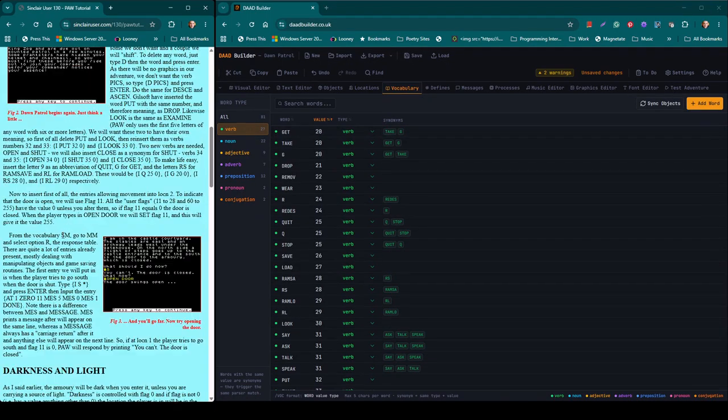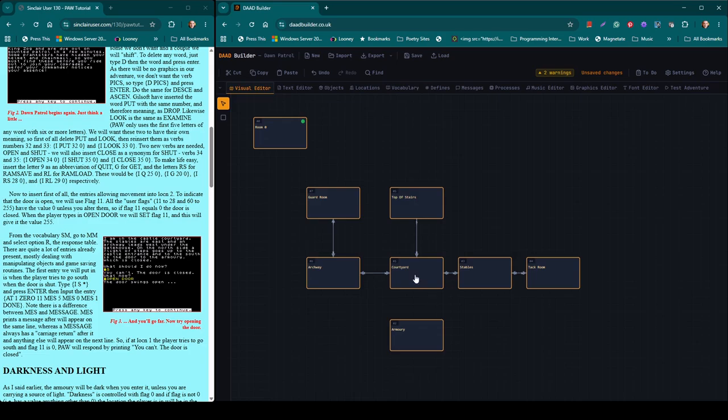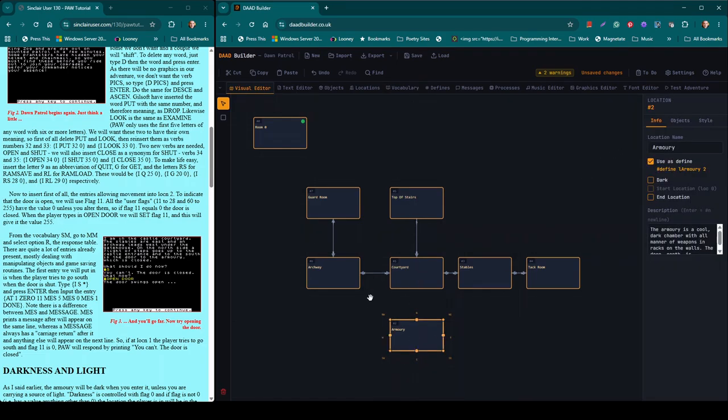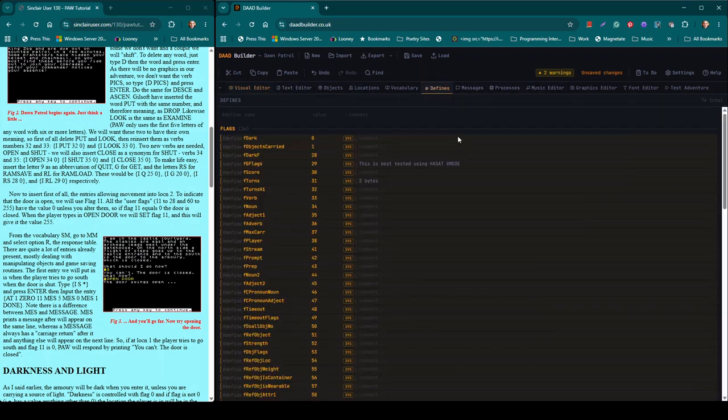Now to insert first of all the entries allowing movement into location 2. So on the visual editor, this is location 1. Location 2 was our armory, so that's to go south into the armory. To indicate the door is open, we're going to use flag 11. So if we go into our flag defined editor,